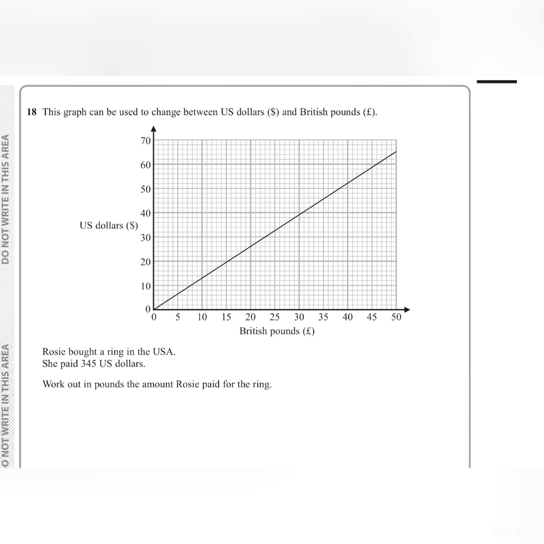It says Rosie bought a ring in USA and she paid $345. Work out in pounds the amount Rosie paid for the ring. Now, if you look at the graph, it only goes as far as 70 on this side, or the last value on the graph is even less than 70. And how do we convert